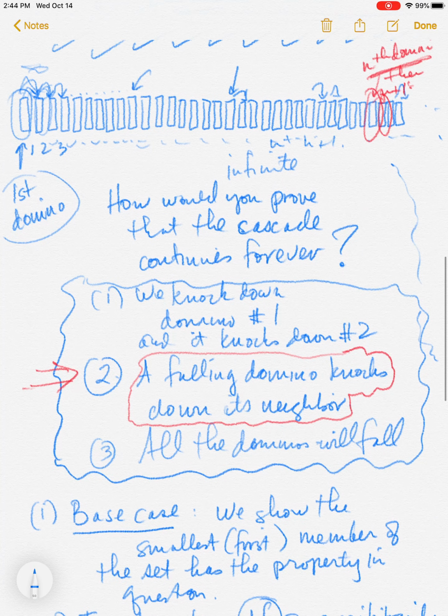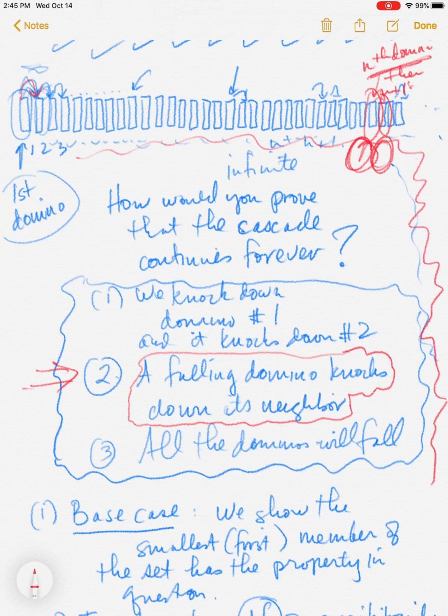So back to the domino metaphor, right? If we can show, and I think that this does capture your intuition of how you would try to convince somebody that the cascade would go on forever. If you can show that the first guy's got the property, namely he falls down and the guy next to him falls down, so you kind of get it going, and then you arbitrarily choose some other domino, way out there or not, wherever, and if you can show that he's got the property, then the guy next to him has the property, well, that seems to be sufficient for showing that the cascade is going to continue forever and ever and ever.